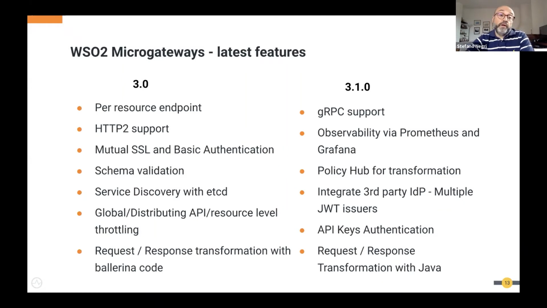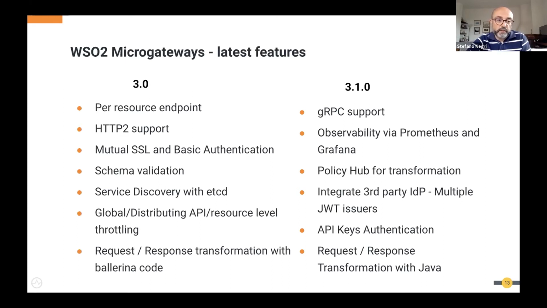The micro gateway feature has a different release cycle. We have the same version numbers, but they follow a slightly different release cycle. And since the micro gateway is a separate component, we are introducing new features continuously.